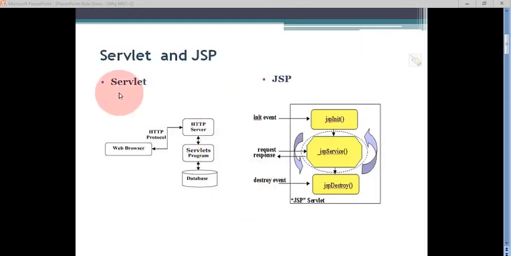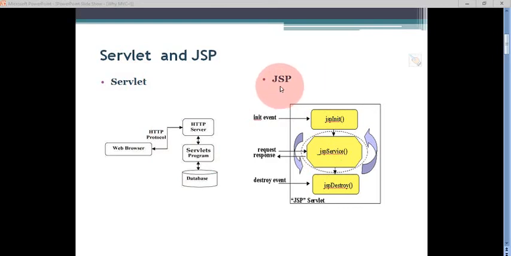As a replacement for the servlet, or to make the servlet technology simpler, JSP was introduced. The alteration made in JSP is that in the servlet we were embedding the HTML code within the Java code, which was a somewhat tedious task.